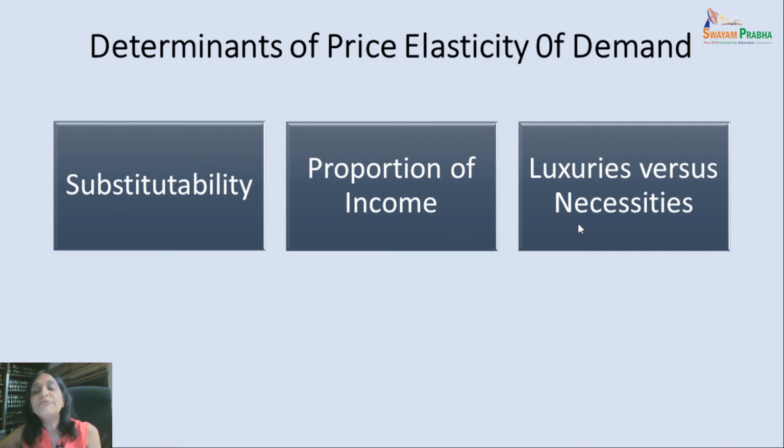Therefore the price elasticity of demand will be less than 1, or it will be inelastic, because even though the price changes by, let us say, 10%, I may not be able to reduce the consumption of it by more than 10%,